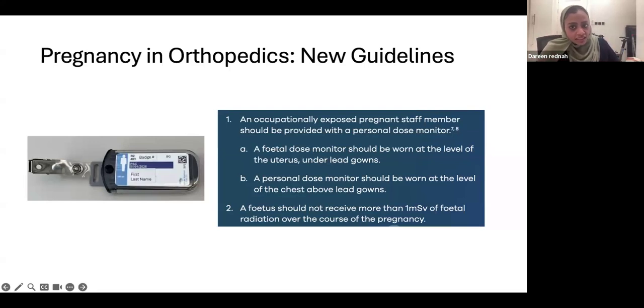One at the fetal level should be under the lead gown at the level of the uterus. The other should be on the chest above the lead gown. The fetus should not receive more than 1 mSv of fetal radiation over the whole course of pregnancy, not only the first 3 months as the previous